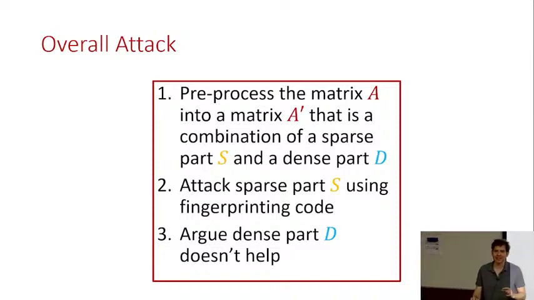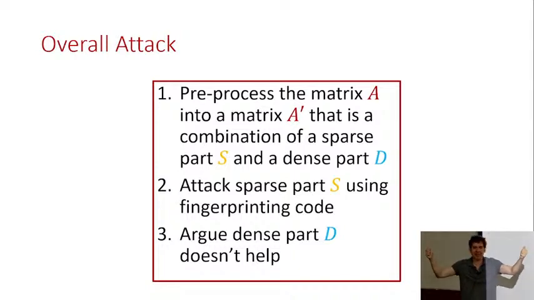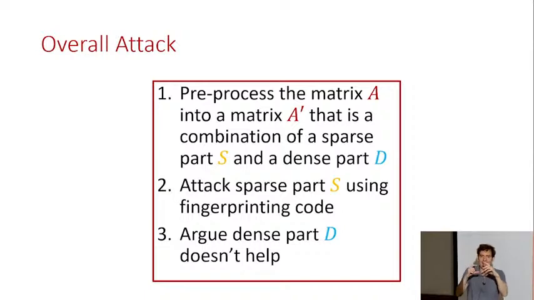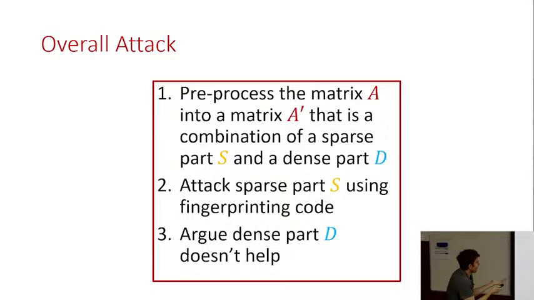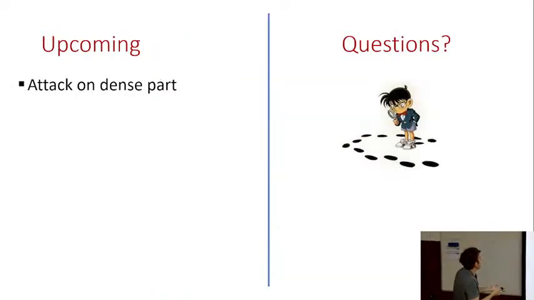Intuitively, if I have just a sketch which is a row of all ones, that doesn't seem very useful for estimating the number of distinct elements. If I take the dot product with some vector, it's a sum of many values, and it kind of loses information about the number of distinct values. And that's why all known non-oblivious sketches for L0 have a big sparse component to them. But how do we formally argue that for any sketch the dense part doesn't help?